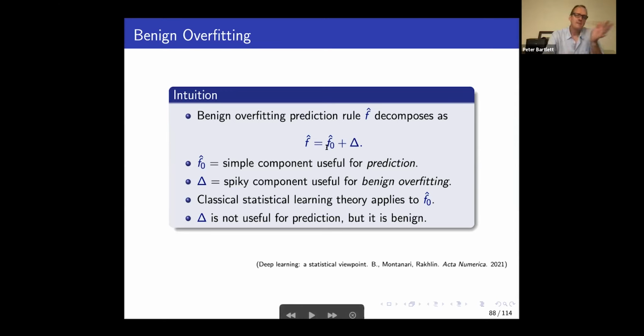The first component, the classical statistical learning theory of the flavor that I've been presenting in these lectures, really applies there. And the second component is a totally new thing that's, as I say, not useful for prediction, but isn't harmful for prediction. It's only useful for overfitting. This is what we've seen in kernel smoothing methods that overfit, that exhibit this benign overfitting. In linear regression in kernel settings, all the examples that we know about,